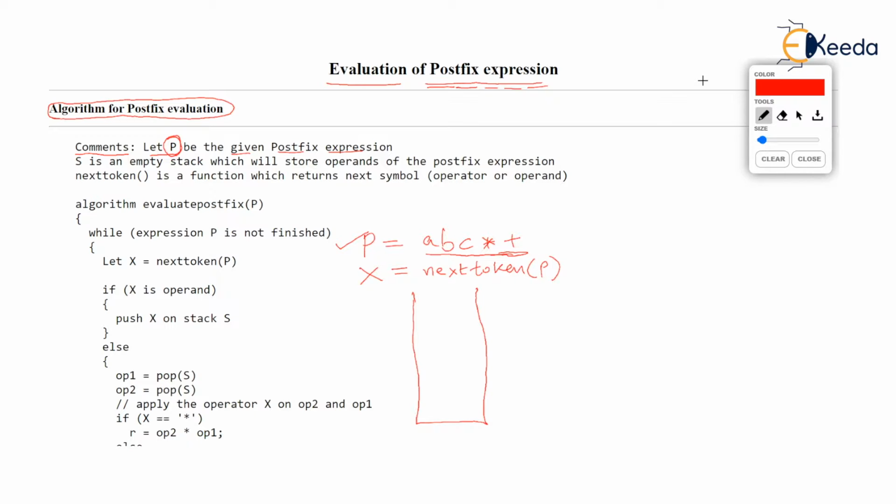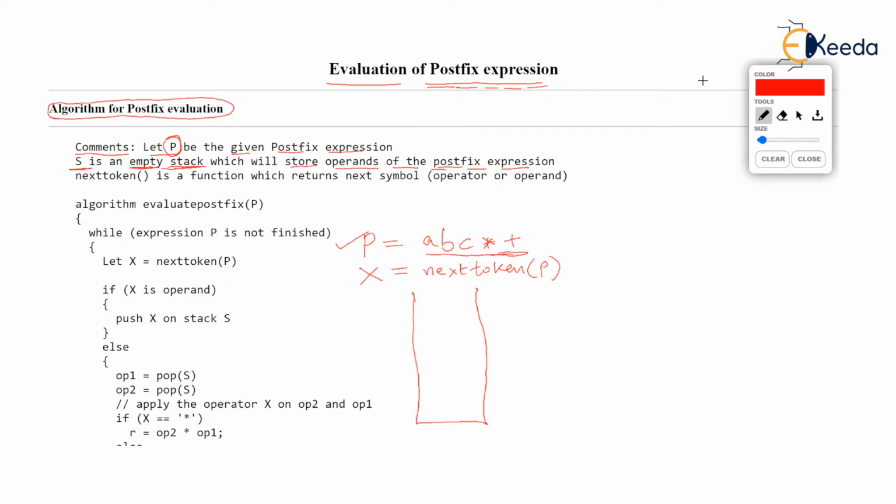And now in the algorithm, we are going to use a stack. So that's the application I was talking about. Stacks will be used for evaluating postfix expression. So let that stack be S. And the stack is empty initially, so you can say that top of stack is -1. Now this stack is going to store operands of the postfix expression. You will know that as we proceed reading the algorithm. So it is a stack of operands. We are not going to store operators in the stack like multiplication or division or addition.